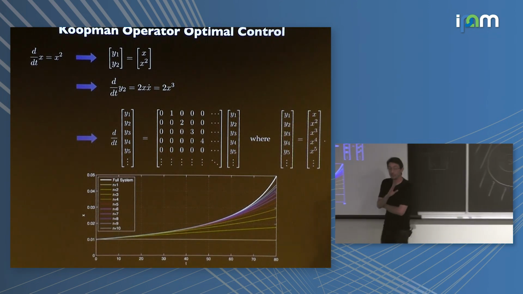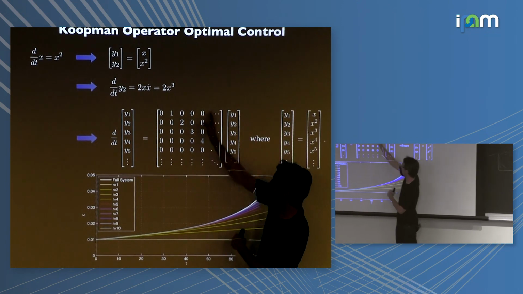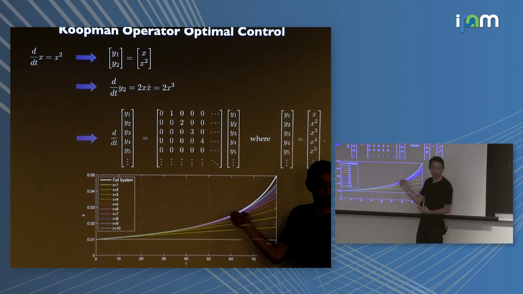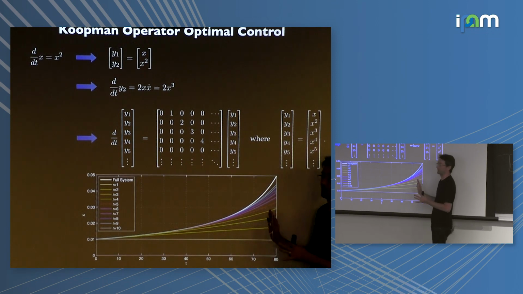If I was just a naive data person, I would just chop this thing off at rank 4 or rank 5 or rank 6. And actually, it does get better and better for a time. You could certainly use this for prediction or a model predictive controller for a while. But it's not satisfying to me.